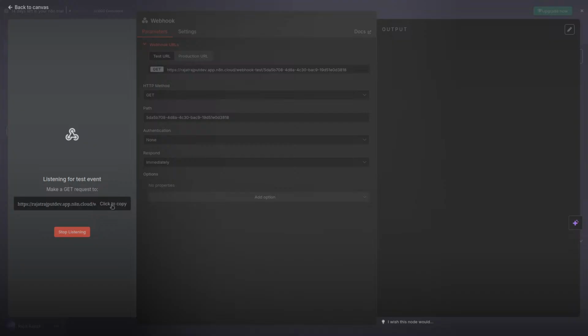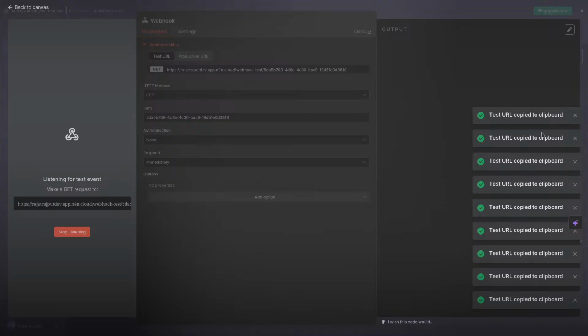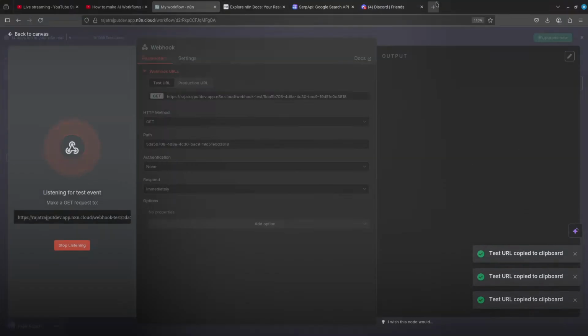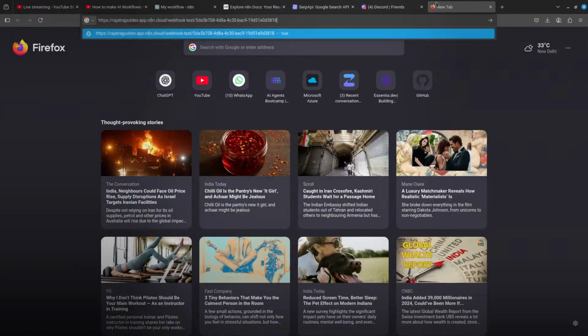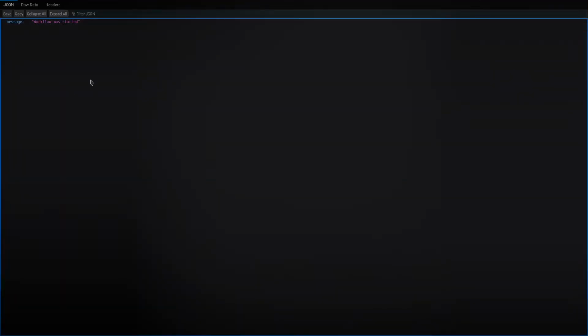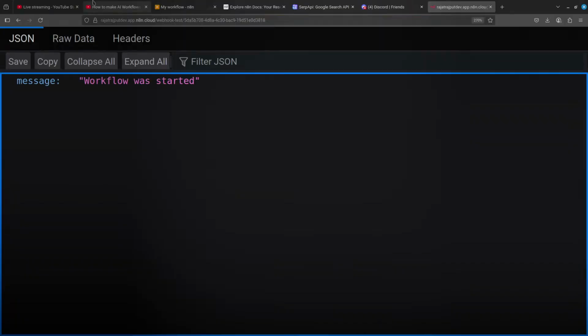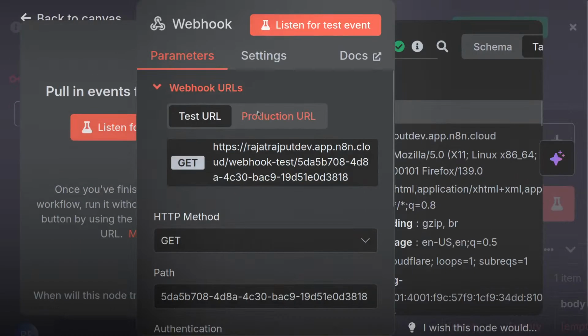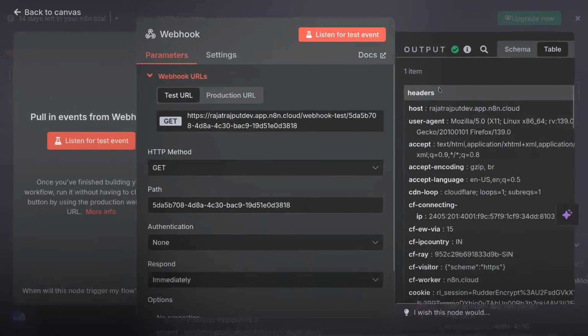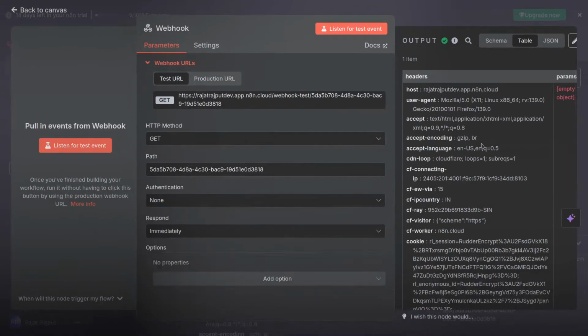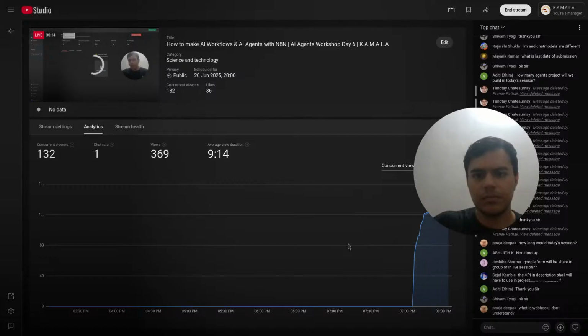So if I click here, if I copy this, you will see a spam because I'm constantly clicking. Once I copy this from my left hand side, and if I go into my browser and paste this link here, and if I press enter, it will show me this message: the workflow has started. So it basically means that the N8N, oh, okay, sorry. Okay. So it will basically mean,